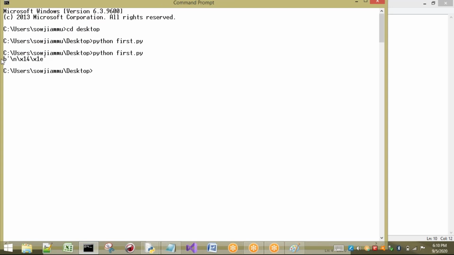These are not the values we have stored inside our bytes. Internally it gives some code in ASCII form, in the form of hexadecimal.